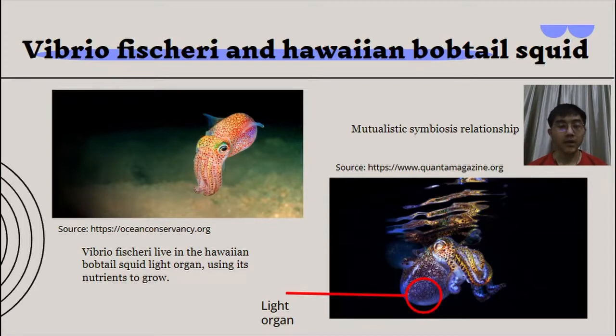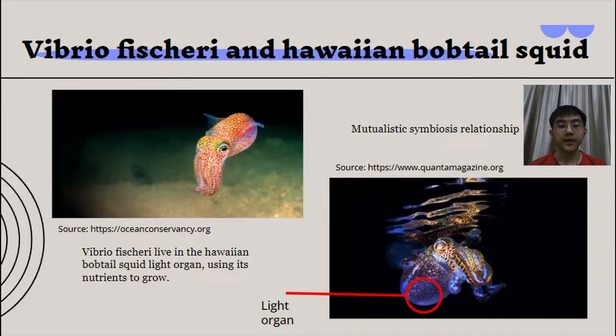During nighttime, Vibrio fischeri uses bacterial bioluminescence to help camouflage the Hawaiian bobtail squid by producing light in the squid's light organ to project the light downward while swimming and camouflage the squid from predators below. So the predator doesn't see any shadow above but a light that matches the moonlight. This symbiosis persists throughout the squid's lifetime and undergoes dynamic daily cycling. This is a quick look at the mutualistic symbiotic relationship of Vibrio fischeri and the Hawaiian bobtail squid.